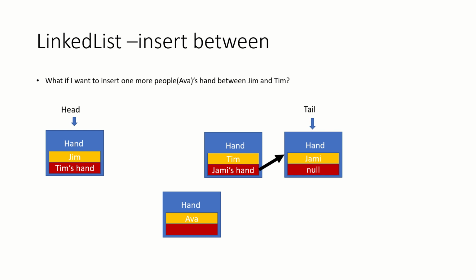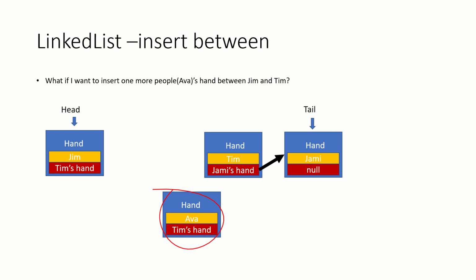So you need to create a new one, which is Eva, right? You give a name, Eva. At this time, Eva doesn't know whose hand should be next, right? So we assign that. We want to insert between Jim and Tim, so Tim will be next,